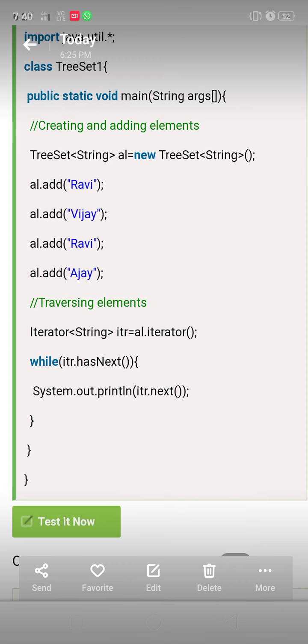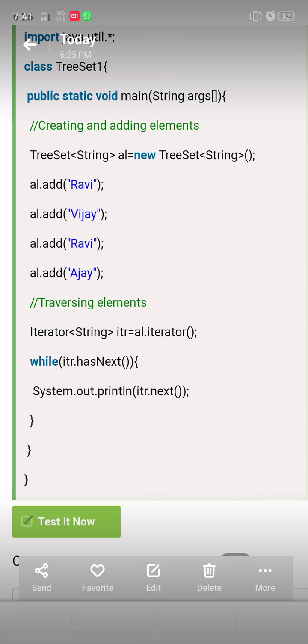So we traverse the elements by using the Iterator interface. Iterator is the interface to traverse the elements in a particular order, and it reads in ascending order. Whenever we read, we use a while loop which contains as its parameter the predefined method hasNext. hasNext always checks for the next element. If the next element is present, it returns true.